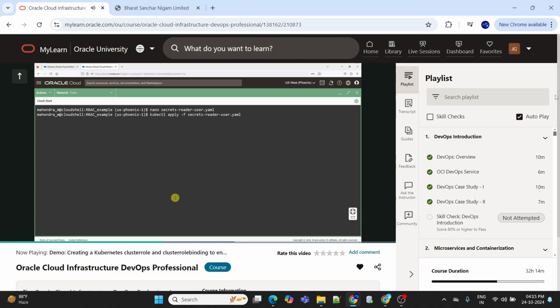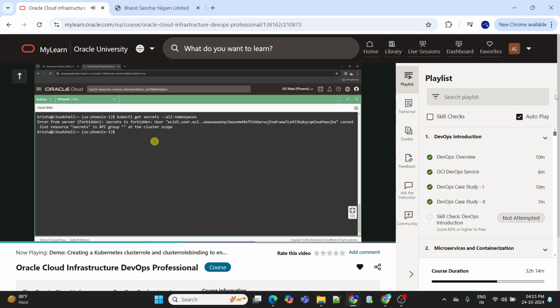I'll go ahead and hit enter, and the output says the cluster role secret-reader created as well as the cluster role binding read-secrets-global created. Now I'll switch back to the browser where I'm logged in as user Krisha, and if I rerun the